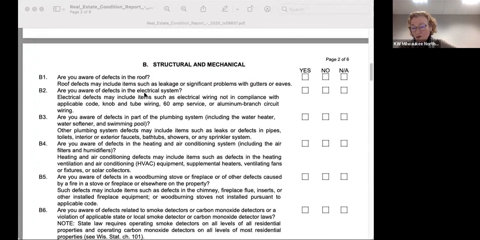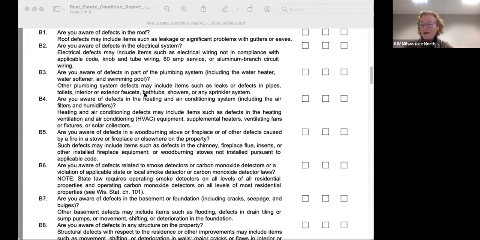The overall general discussion to have with their seller is that the most important thing to protect them is to disclose. Disclose, disclose, and if you haven't disclosed enough, disclose some more. Because